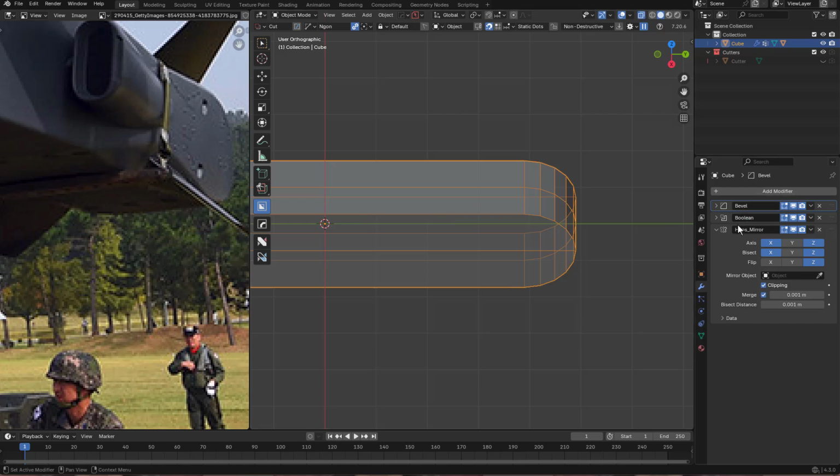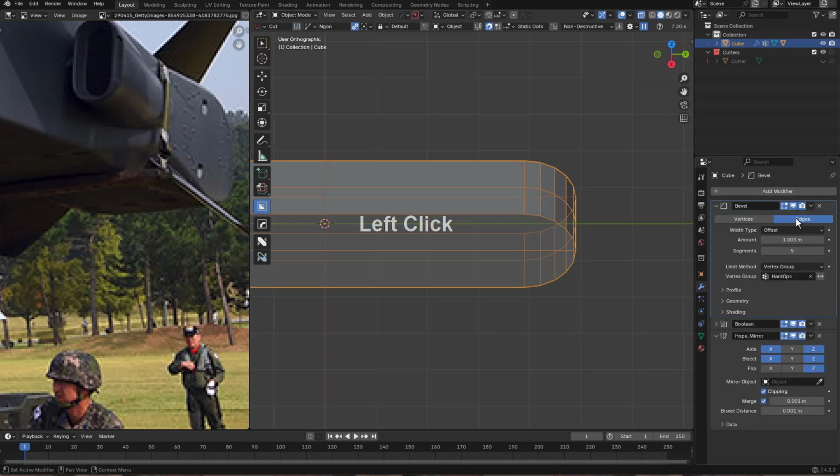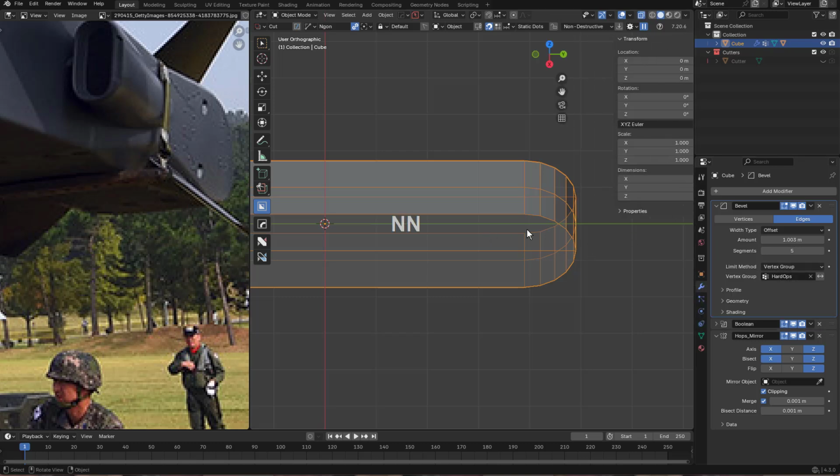I assume that sort will not move this because this is an edge-based vertex group modifier. So instead of it being just a regular old bevel, this one is on a particular vertex group, so it shouldn't get moved, is the point. So let's